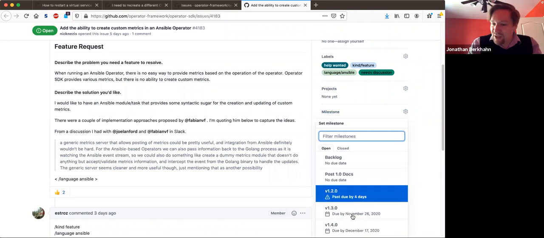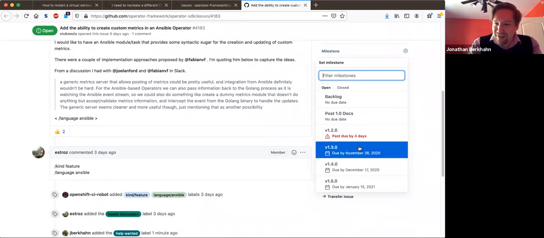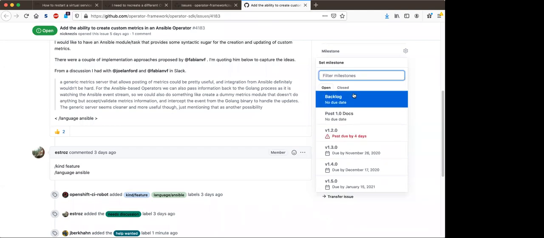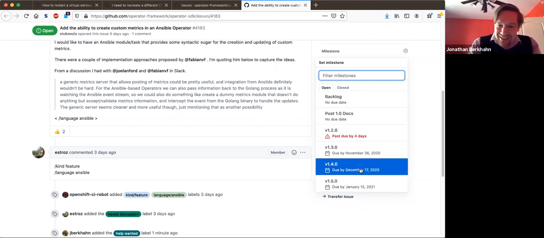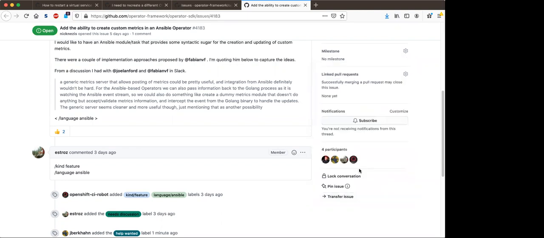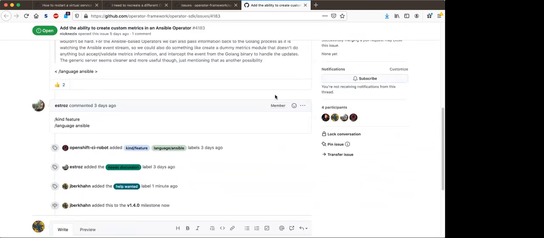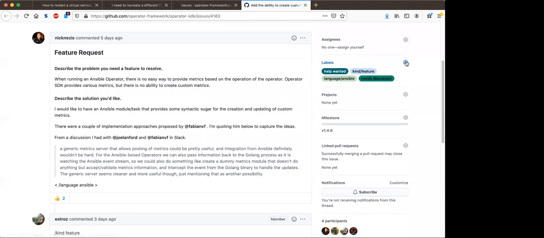If we're going to implement this ourselves, it sounds like this is not a 1.3 thing. Yeah, I hesitate to put this in backlog, because I feel like that's where issues go to die. We can put it on 1.4 and talk about it when we get there. Yeah, that's probably reasonable. I see we also have needs discussion. I think last time we talked about how it's okay to have needs discussion and help wanted, but we shouldn't have help wanted and needs discussion in good first issue, which this is not. So I think this is probably okay.